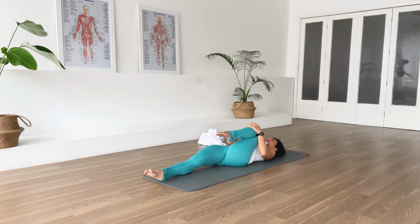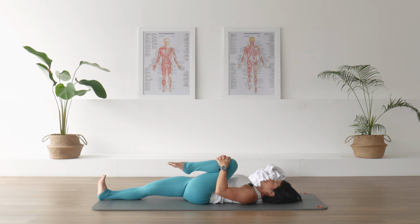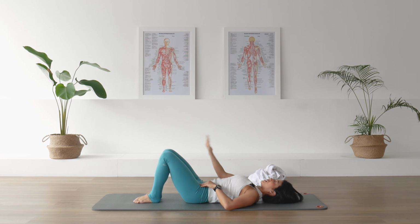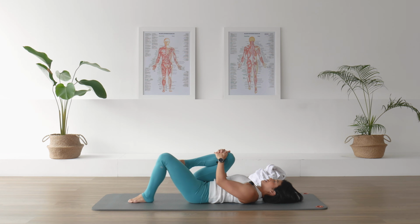And then point. Again, dorsiflex. And then point. Again, relax the lower back down to the floor. Try not to grip the back. I know sometimes it can be quite tense here. So you can use your breath to surrender your back onto the floor. Two more with the ankle movement and point. Last one and point. We bring the leg in, lower the top leg down, bring the other leg up, slide